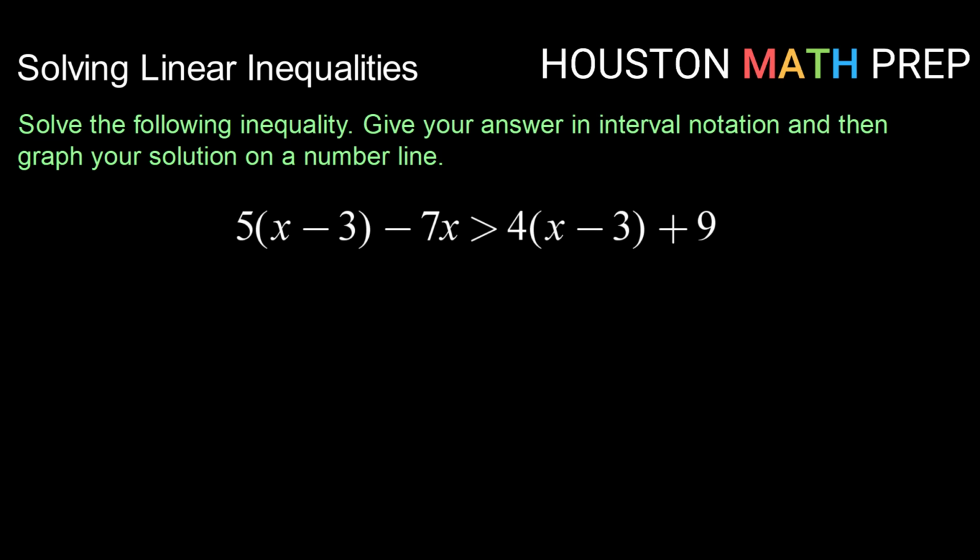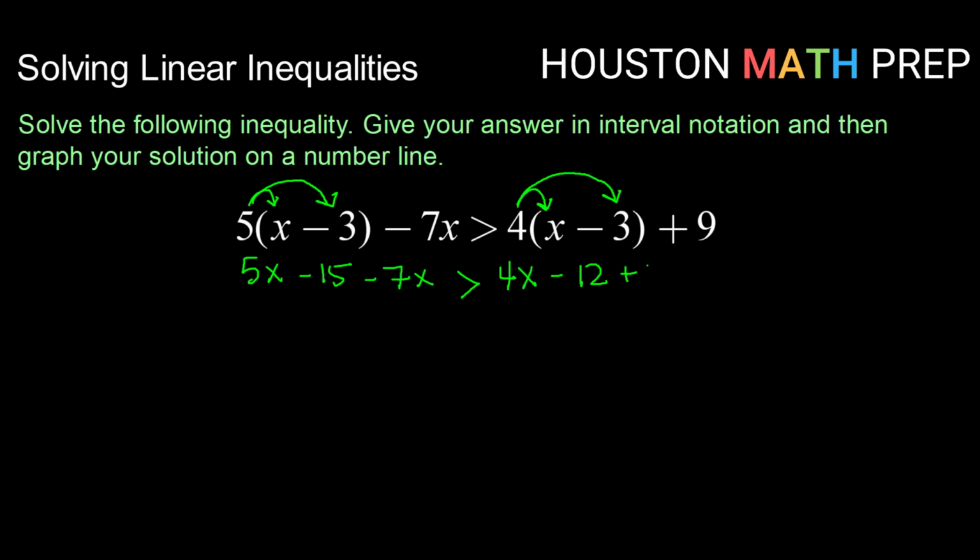All right, let's do that same thing again. Let's look at another example. So first thing I see is I've got some things that could be cleaned up here. So I'm going to start off by using my distributive property on my 5 here and on my 4 over here. So distributing that 5, I get 5x minus 15 minus 7x is greater than 4 times x is 4x